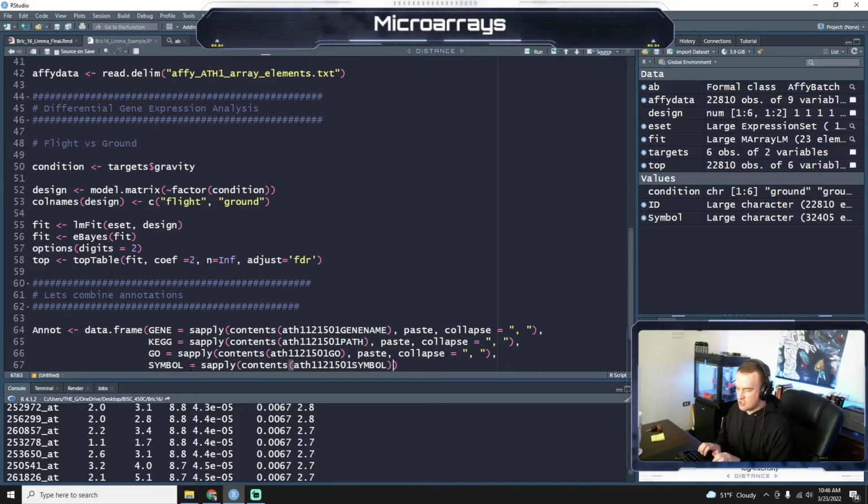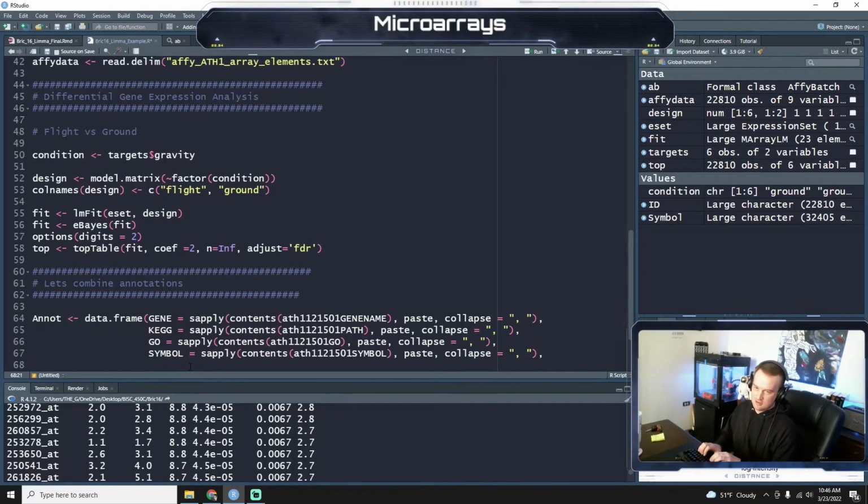So this is just going to take out that gene symbol instead of the weird probe names or number codes. And then acnum is the accession number. Sapply, contents, ATH, blah blah blah, ACC num,